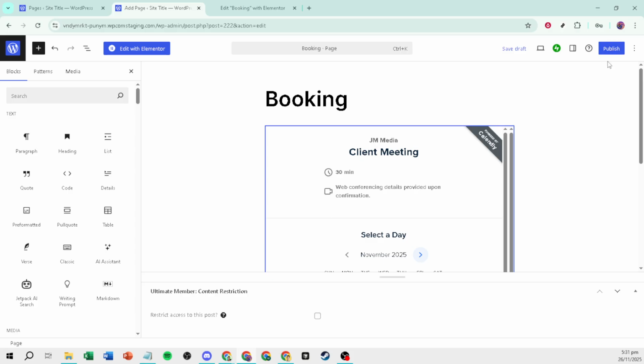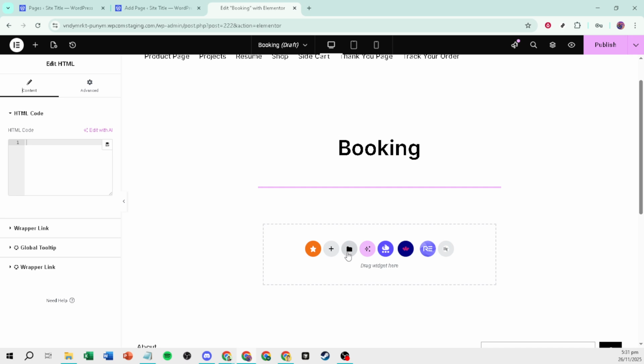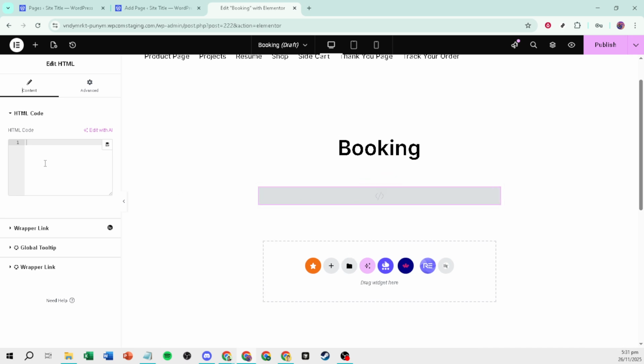If the embed looks narrow, your theme or page layout might be limiting the content width. Try using a full-width template or a wider container on that page. Calendly's inline embed is responsive, so it should adjust on mobile automatically. If the calendar doesn't appear, double-check that you pasted the entire code, including the script tag, and that no security